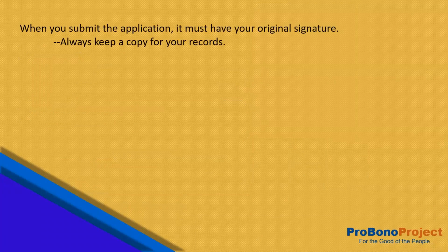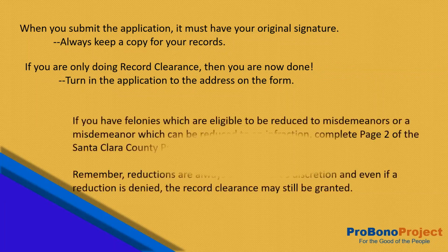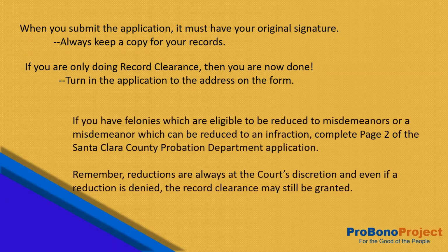When you submit the application, you must submit the application with your original signature. However, you should always make and retain a copy for yourself. If you are only seeking record clearance, you are now done and can turn in the application to the probation department. However, if you have offenses such as felonies, which are eligible to be reduced to misdemeanors, or a misdemeanor,